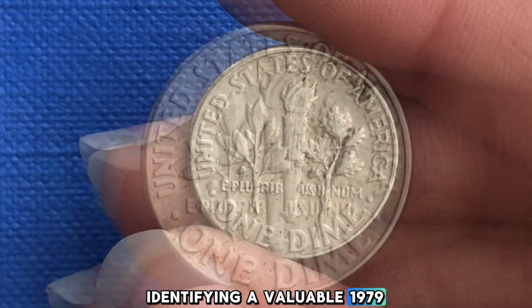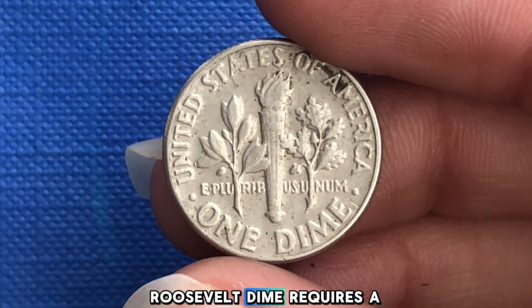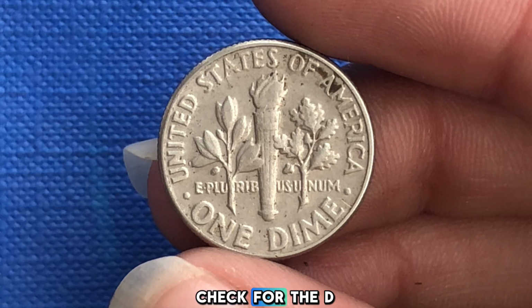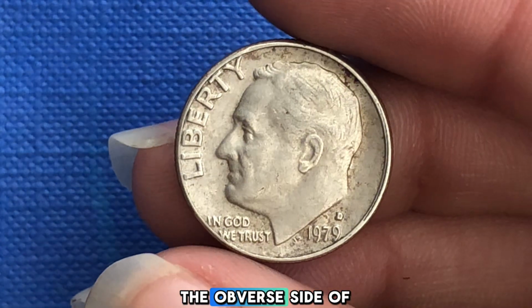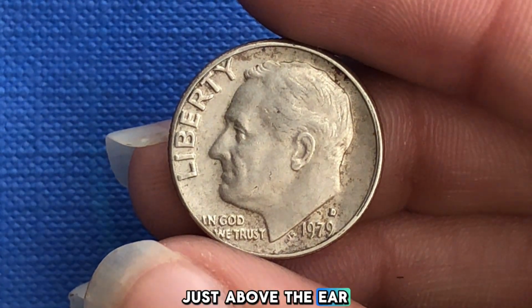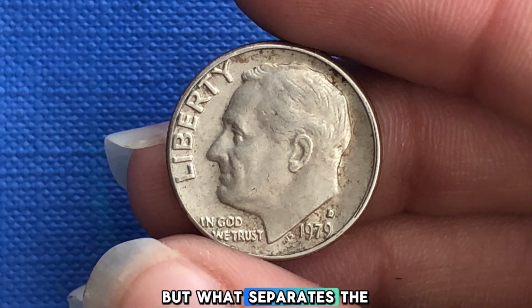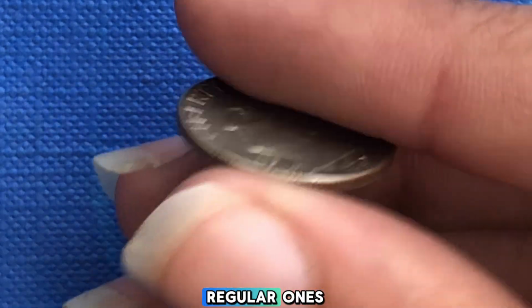Identifying a valuable 1979 D Roosevelt dime requires a sharp eye and attention to detail. First, check for the D mint mark, located on the obverse side of the coin, just above the ear. Coins minted in Denver bear the D mark, but what separates the highly valuable specimens from regular ones is their